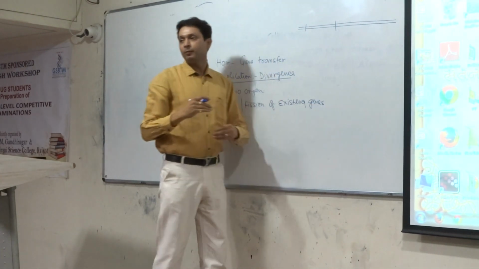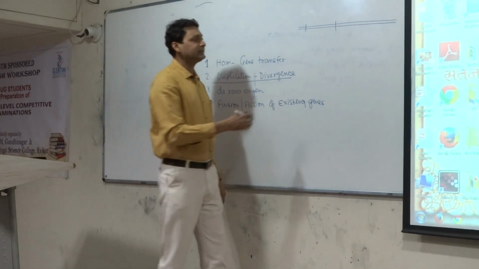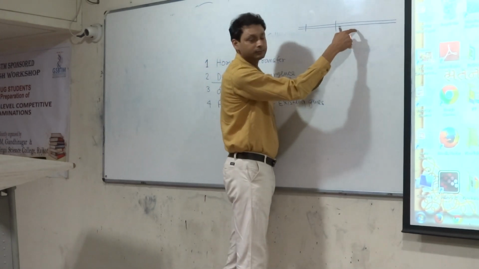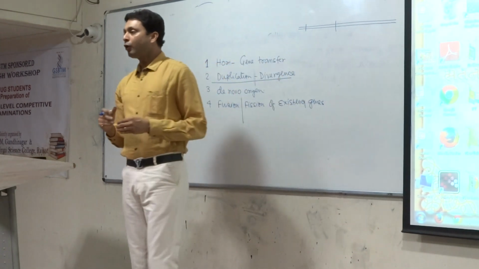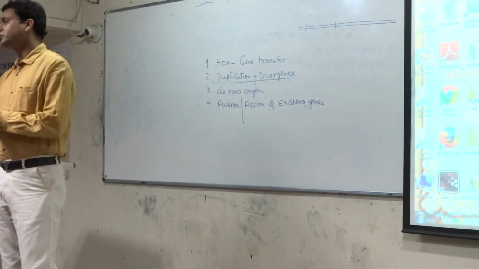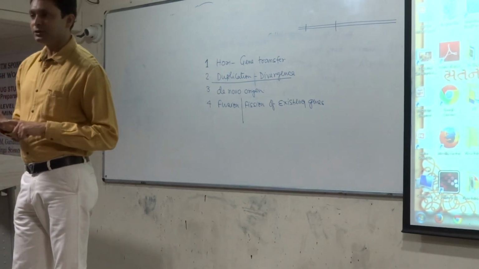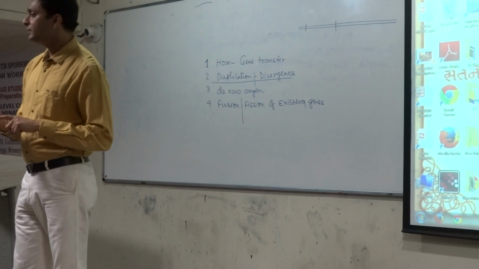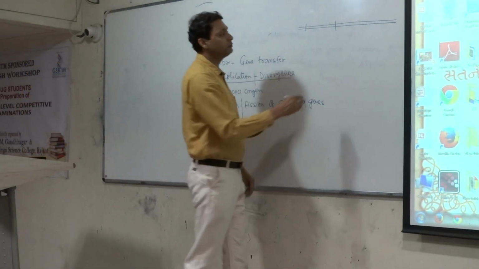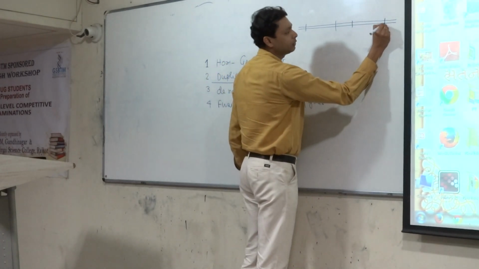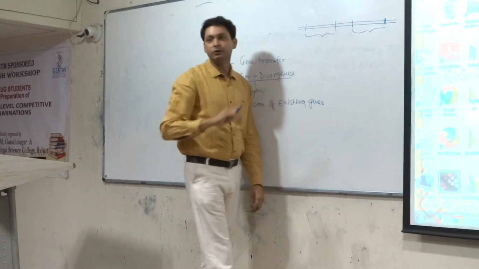And as a result of a replicational error, or as a result of transposition, a second copy of this gene arises. The same gene, another copy. If a new copy of the same gene arises, that process is known as duplication. That duplication may occur as a result of transposition, or as a result of a replicational error. Now suppose due to a replicational error, a new gene arises here. This is known as the duplication of the gene.